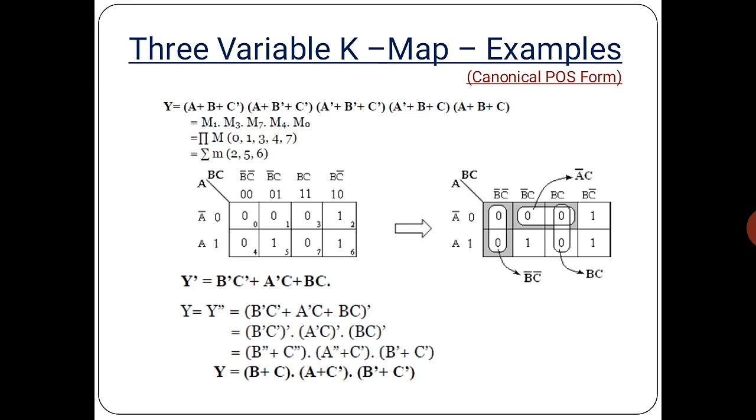Now we have to look for the value for y. Y will be equal to y double bar; y double bar will be referred to as y. So the total expression will be complemented. Using De Morgan's law, we change b bar into c, the whole bar, equal to b bar double bar plus c double bar. So it will be referred to as b plus c.